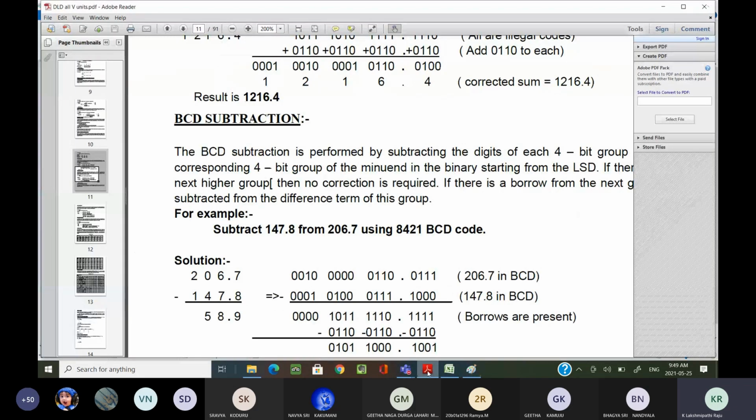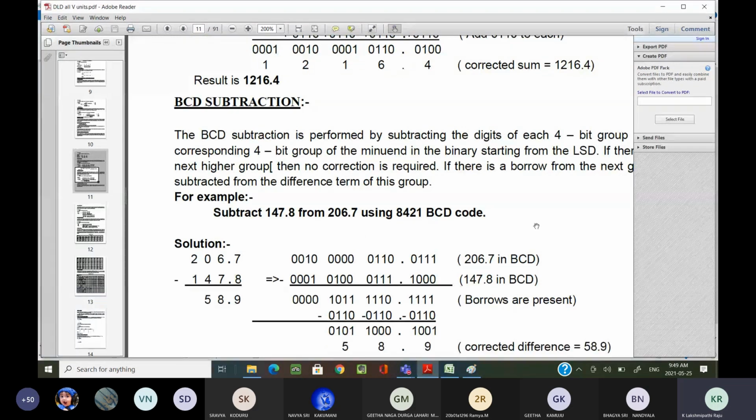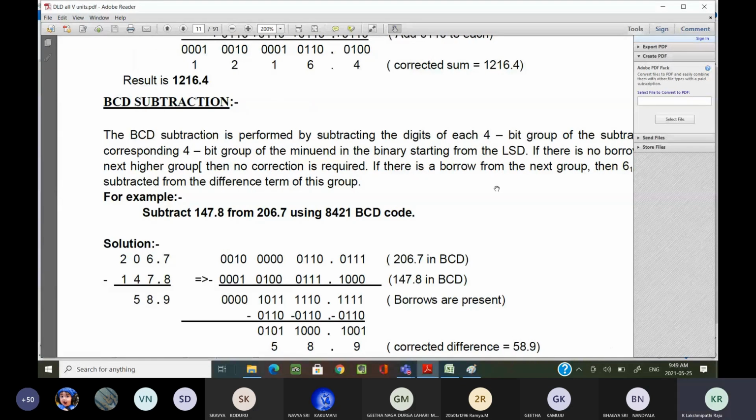Now see here, what are the points we should consider? What are the points we have to remember in this BCD subtraction? We are performing subtraction from the least significant digit.